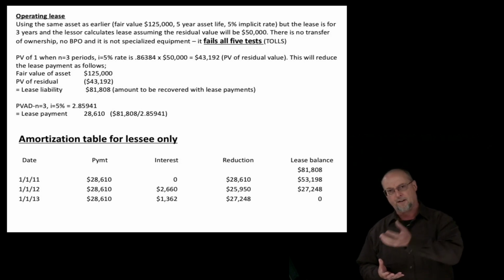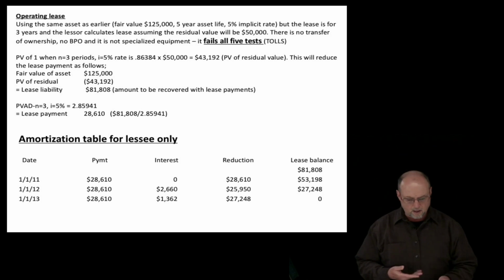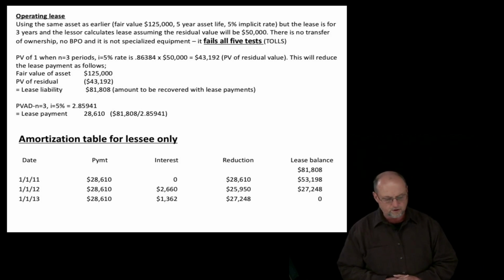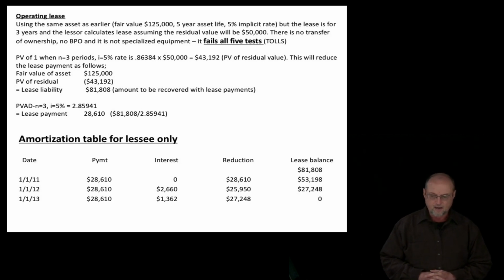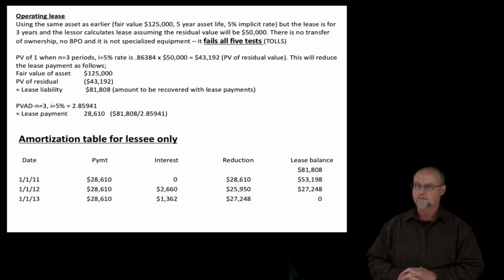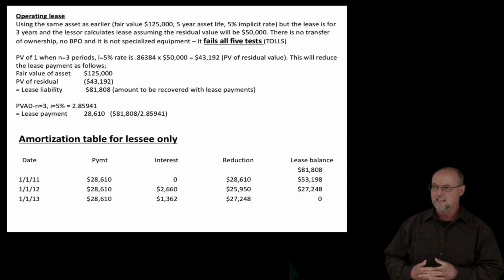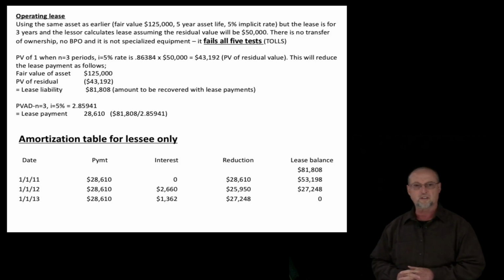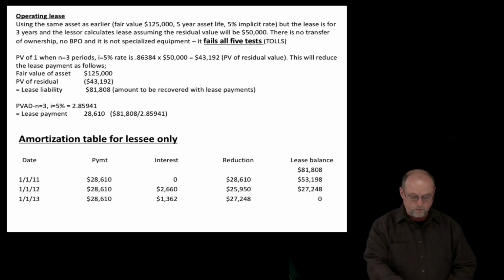Well, if we bring it back 5 years, 50,000 times 0.86384 gives us 43,192. We're going to subtract that amount from the fair value, and then the amount to be recovered by lease payments is going to be $81,808. How do we get that? We took $125,000 fair value minus the present value of the residual, which is $43,192. That gives us